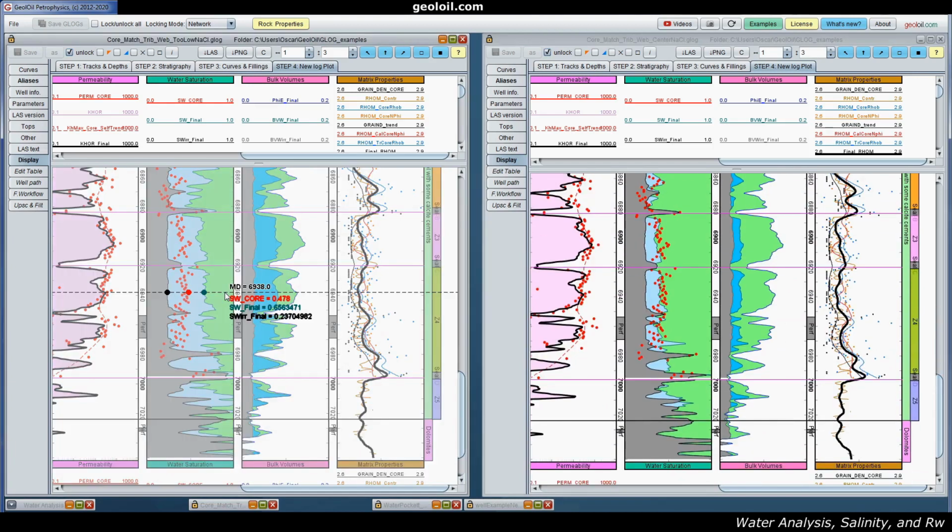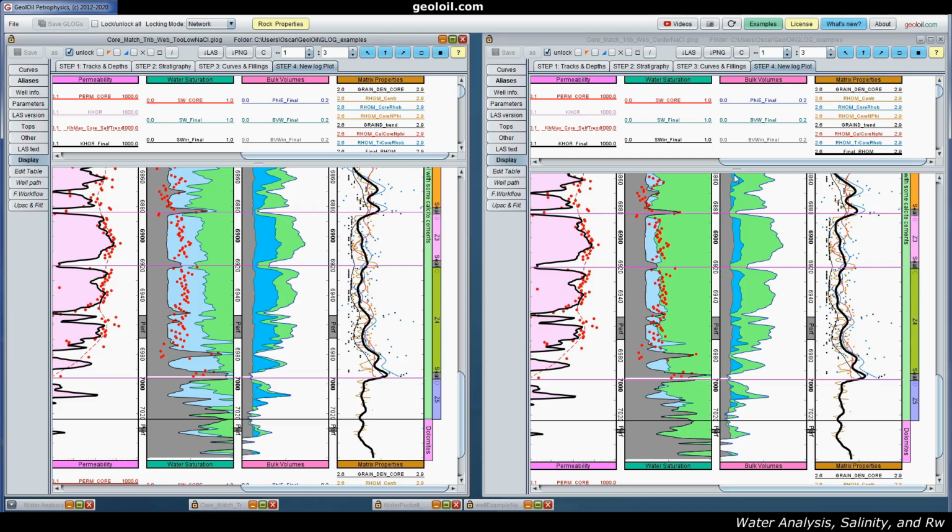That is the difference between the irreducible water saturation and your final estimated water saturation curve. So this light blue region is the free water saturation, and these are the bulk volumes. This deep blue is free water, green is oil. Compare this blue band with this one. So that's everything about how to estimate SW